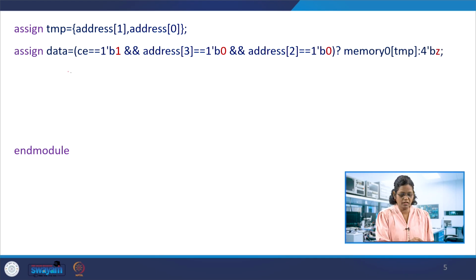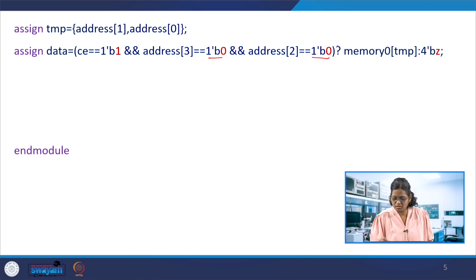So assign data, with chip enable 1 for all the cases: when the chip has been chosen, chip enable is going to be 1. If it is 1, then look at address 3 and address 2, which here are 0 0. Address 3 and address 2 refer to the first, second or third memory.